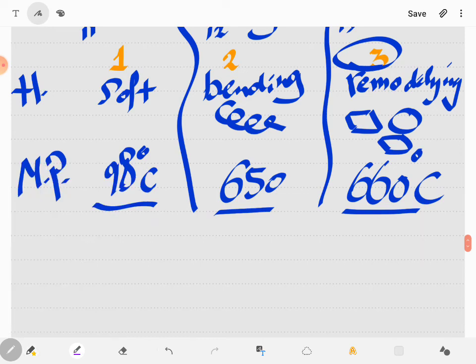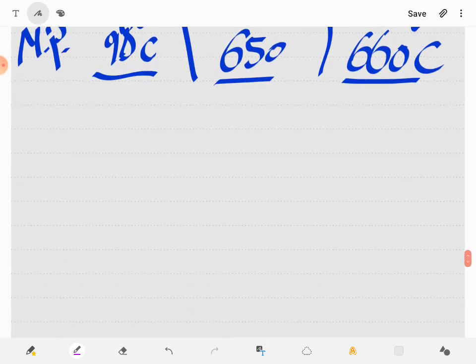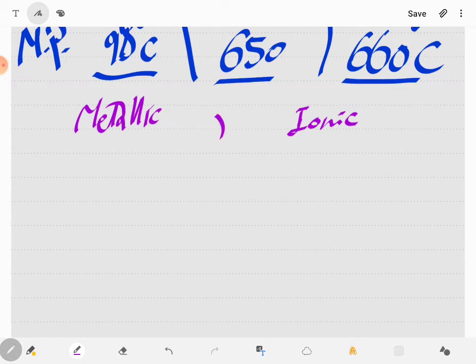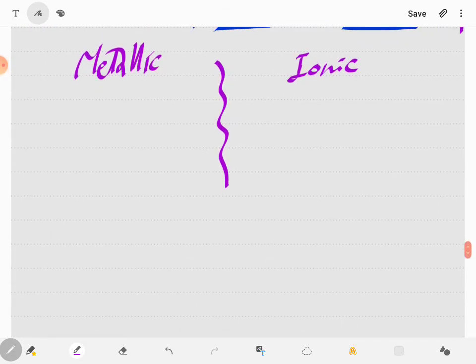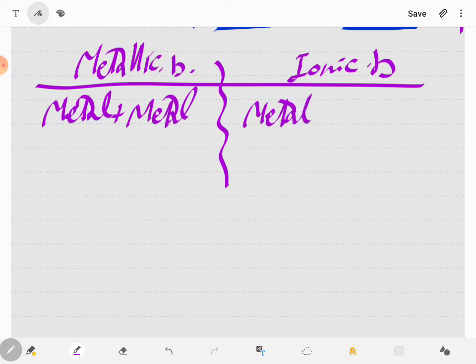Right. Now I know maybe there will be confusion between metallic and ionic bond. No, there is no confusion. Just concentrate. Metallic bond, I'm talking about the bond between metal plus metal, metal cations. Here it is metal plus non-metal. So completely different. And we consider it chemical, but we consider the metallic one physical.